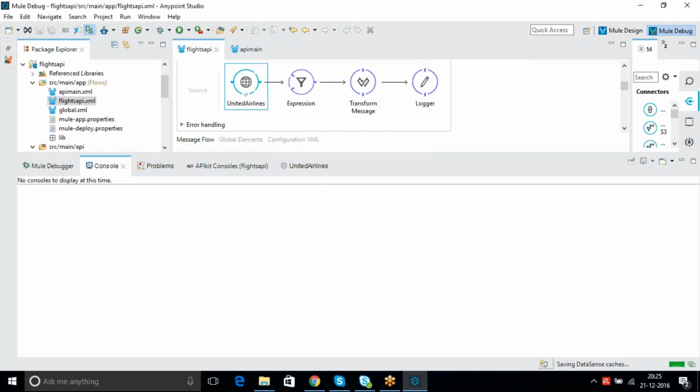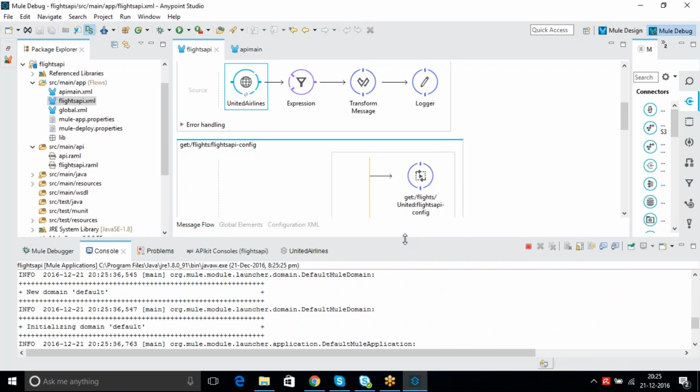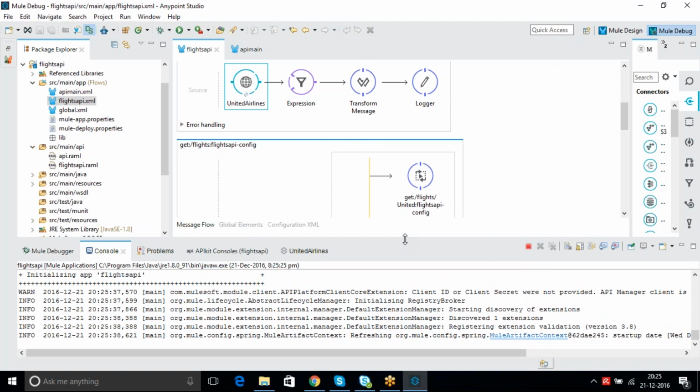After we separated into multiple configuration files, you need to test it and see whether it is working properly or not, right? So I just ran my flow. You can see the console is giving feedback on the deployment of your application.